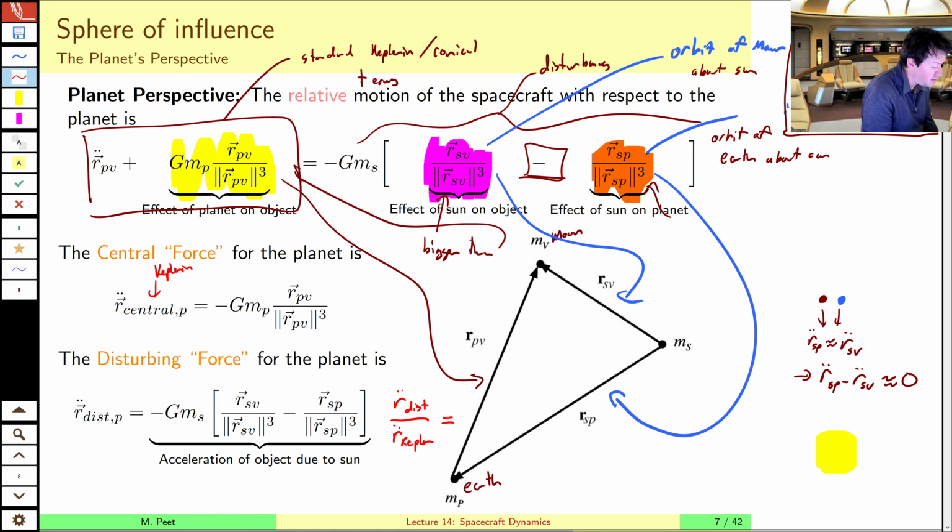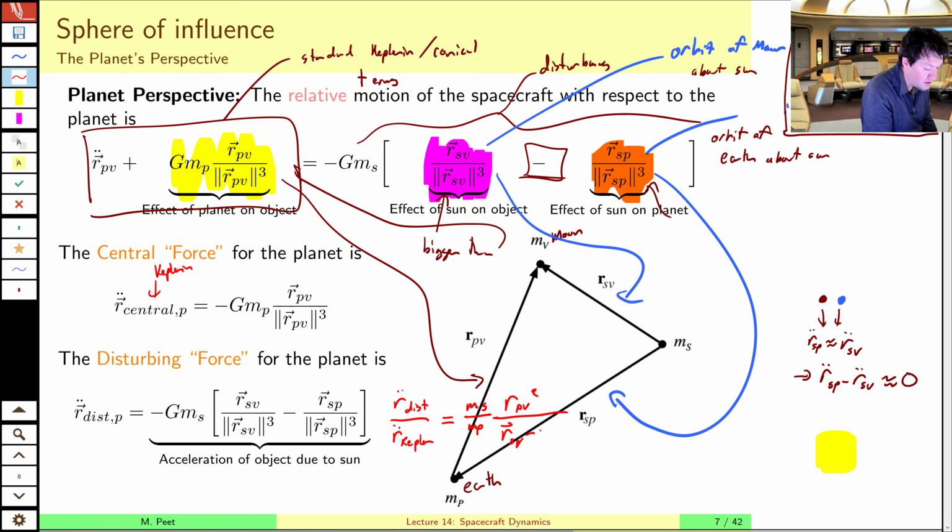And if we look at that, we're going to have something similar. We're going to have ms over mp, so this is a big term. And then on the numerator, we'll have an rpv squared term. And on the denominator, we get something a little bit different. We get this rsv